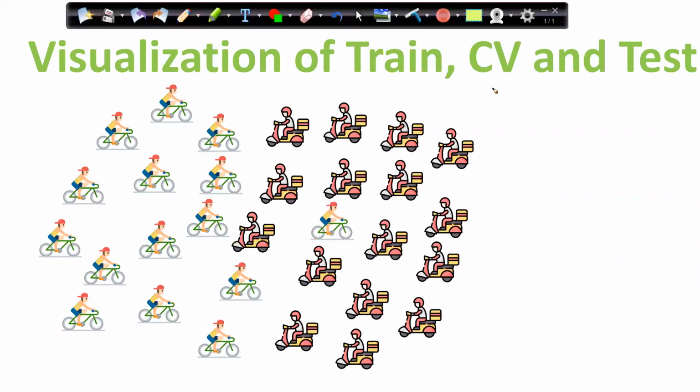Now, if you remember what we discussed in the last few sessions, it was the cross validation technique, right? What we normally do is I have a DN data, and that data I am splitting into three parts. One is train data, second is the CV data, cross validation data, and the third is the test data.